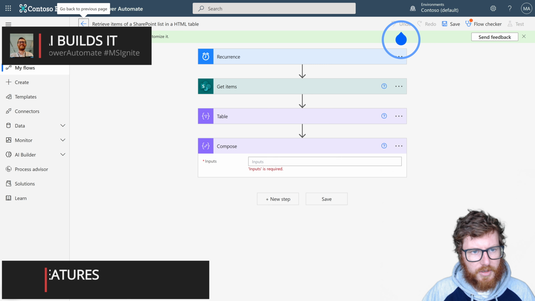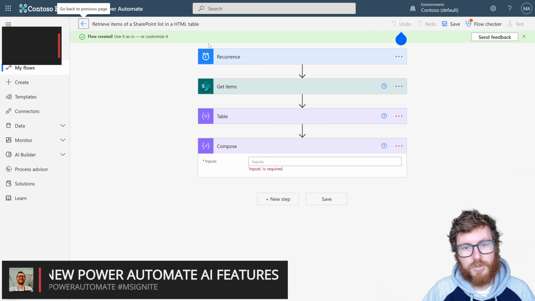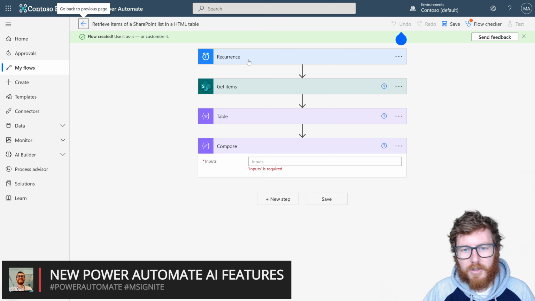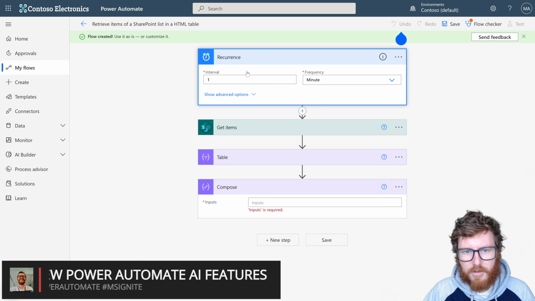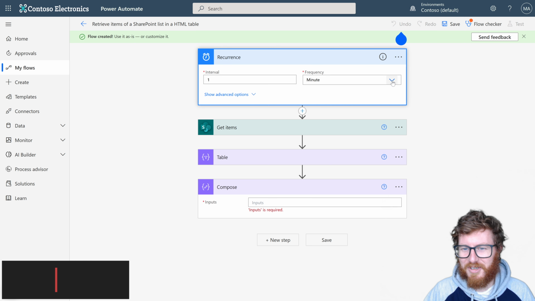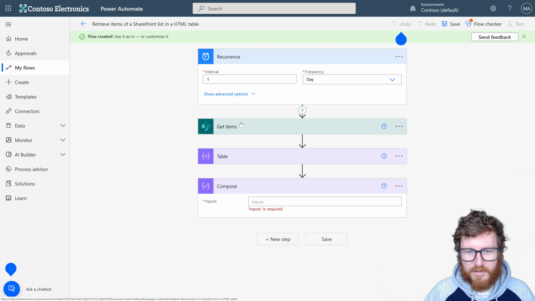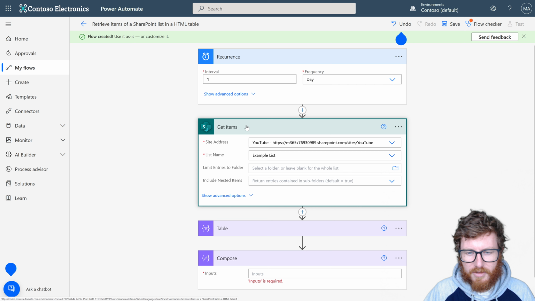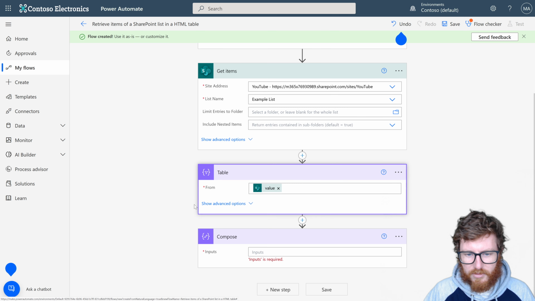So yeah, as you can see, this is what you end up with, a flow created by AI, which is obviously great. So let's see what it actually did. It's every minute, which is a bit too much for me, to be honest. So I would say once a day is okay. It did connect it to the list, which is great. And it just used